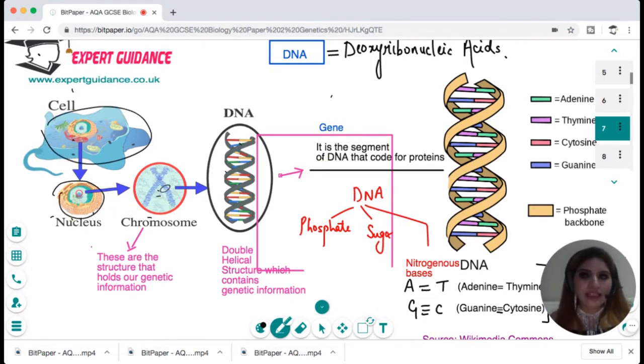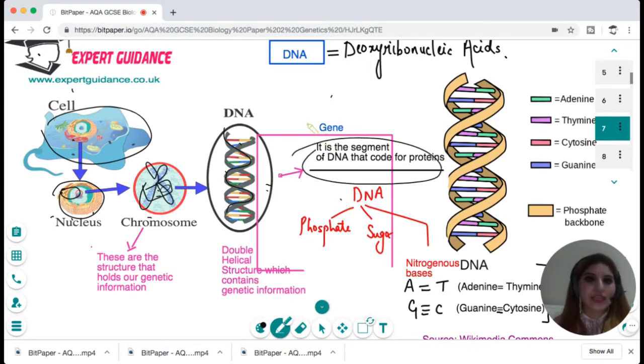And inside the nucleus, when we enlarge the nucleus, we see these structures, which are chromosomes. And when we take this section of the chromosome, we see this double helical structure, which is DNA. Out of this DNA, 98% is junk and has no role to play. But 2% of that DNA makes protein. And that segment of DNA that codes for a protein is a gene. Okay, so I hope the difference between these terms is clear to you, and you should be able to define